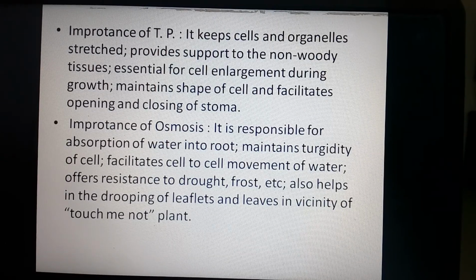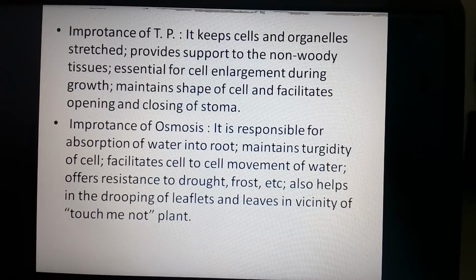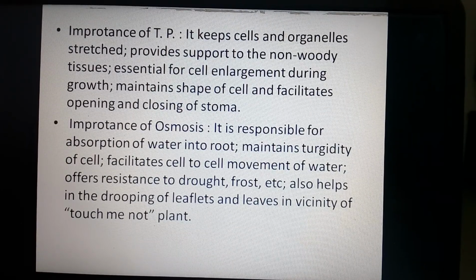When we touch the plant, named touch me not plant, it leads to the dropping down of leaflets. Why? Because it leads to a change in their osmotic pressure and turgor pressure also. Turgor pressure immediately decreases in that plant leaf. Why? Because the process of exosmosis takes place from the plant leaf towards the petiole and towards the midrib. The water starts to move and automatically it results in the closing of the leaflets.